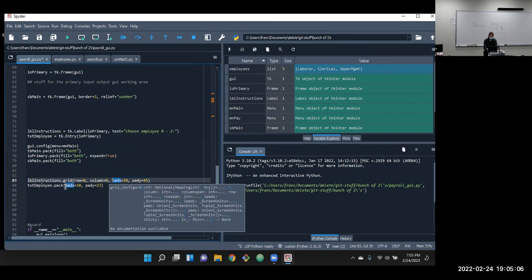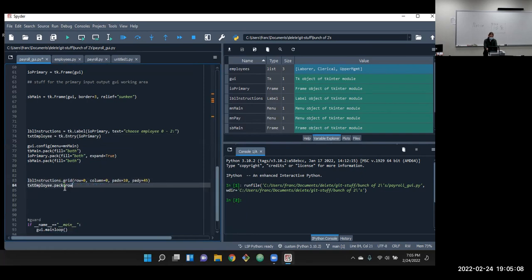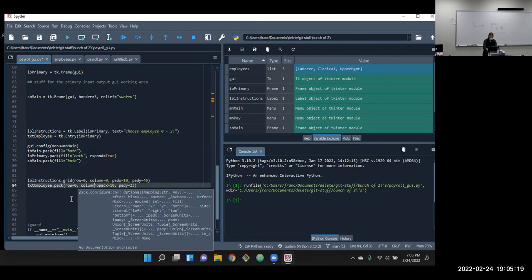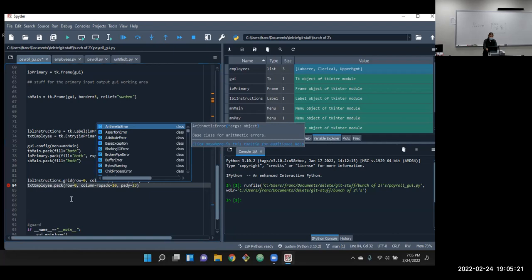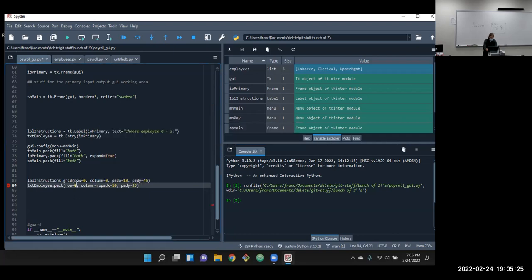Then the padding from last time, same thing here. Put that in row 0, column 1. Oh, actually I went the other way. Go down, row 1, column 0. That way it's underneath it.